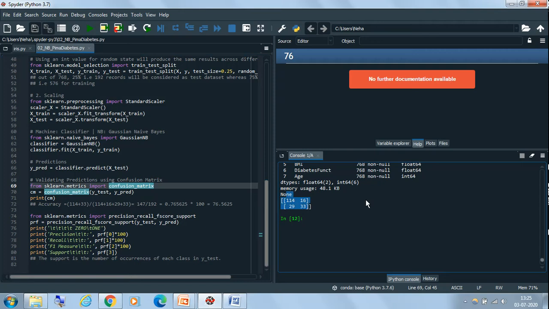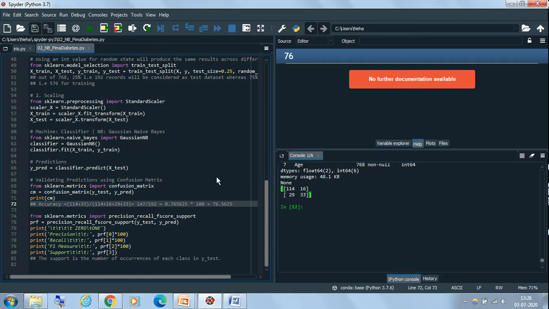So I hope this is clear. If any confusion matrix is given to you, you can identify the amount of correct predicted results and the amount of mismatches. So that is why we use a confusion matrix. Now the last part of this particular assignment is where you have to display the statistics, or the probabilities, or the performance metrics.